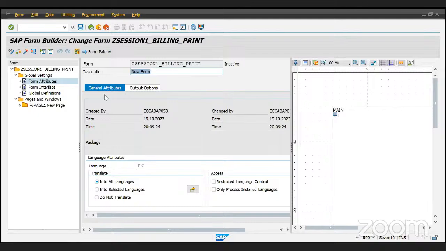As soon as we click on the create button, we get this window. What is this window actually? On the right side is this window. Let's go to the left side. Here we first get the global settings available in your system. For every form, there are some settings which get created automatically when you create the smartform. Let me give a name: